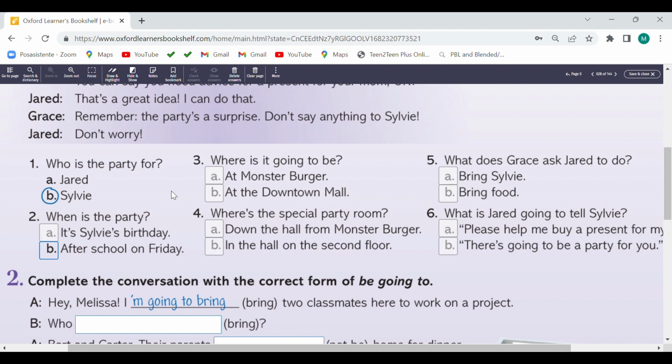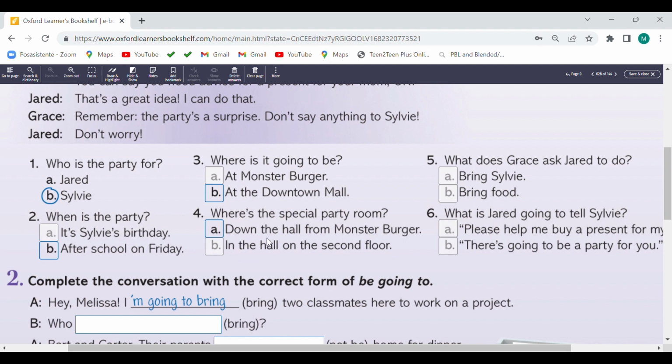At the Monster Burger or at the downtown mall? At the downtown mall. Number 4. Where is the special party room? Down the hall from Monster Burger or in the hall on the second floor? Down the hall from Monster Burger.